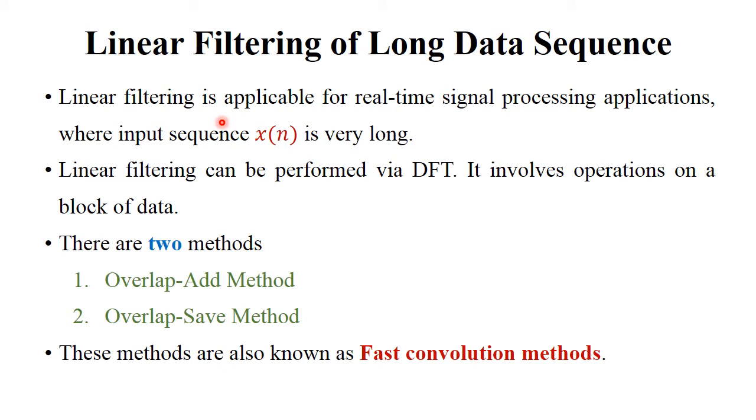So in general, what we discussed till now with respect to the convolution and the DFT, we considered a finite length sequence, usually of length 2, 3 or 4, maximum length 5. But if we consider a real world application, something like speech processing, we cannot say the length of the speech is limited to 4 samples or 5 samples. It will be thousands of samples.